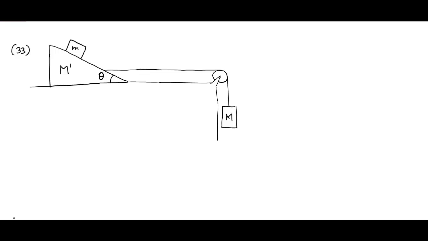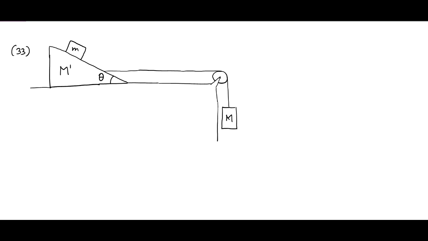In question number 33 on page 82 of HCV volume 1, we are given 3 blocks, out of which one of them, M dash, is a triangular block, and we are supposed to find the mass of this block, the value of capital M, so that this block does not slide on the surface of this block. All surfaces are given to be frictionless, so there is no friction anywhere, including at the